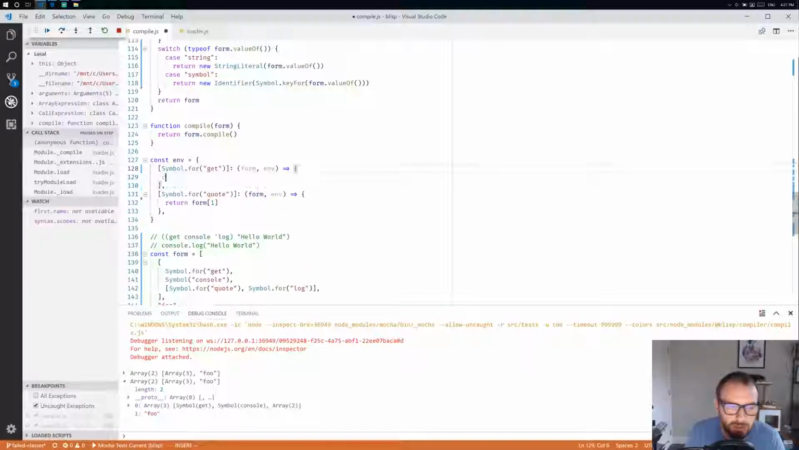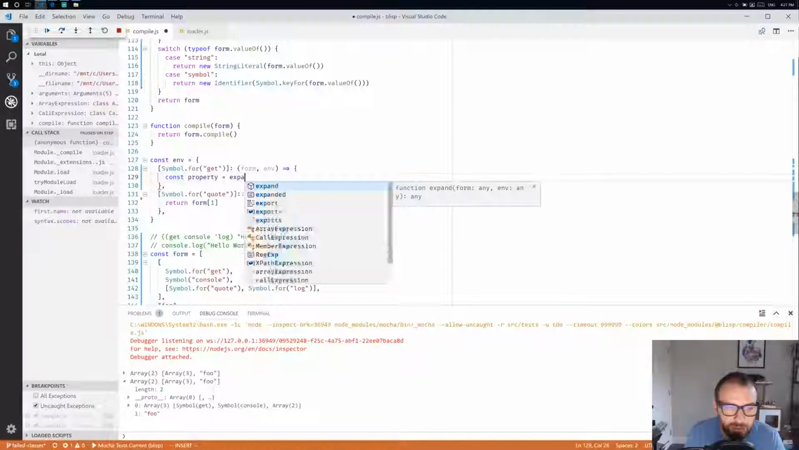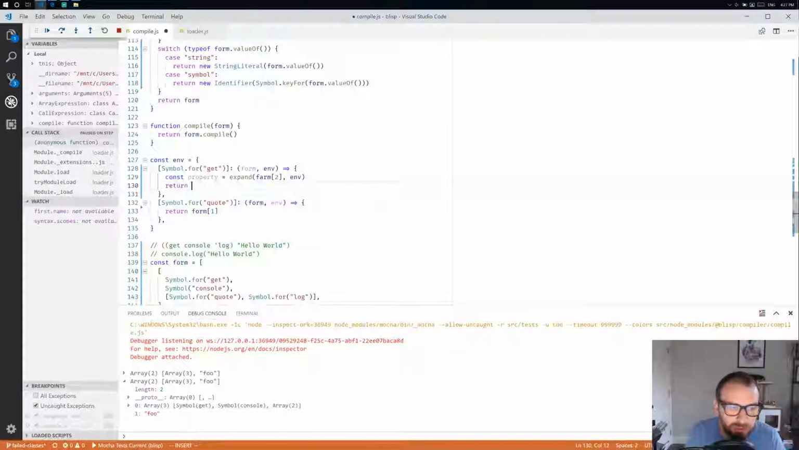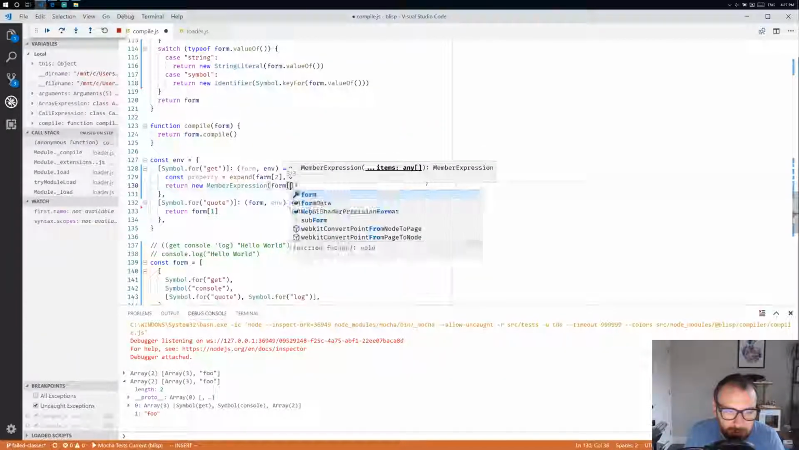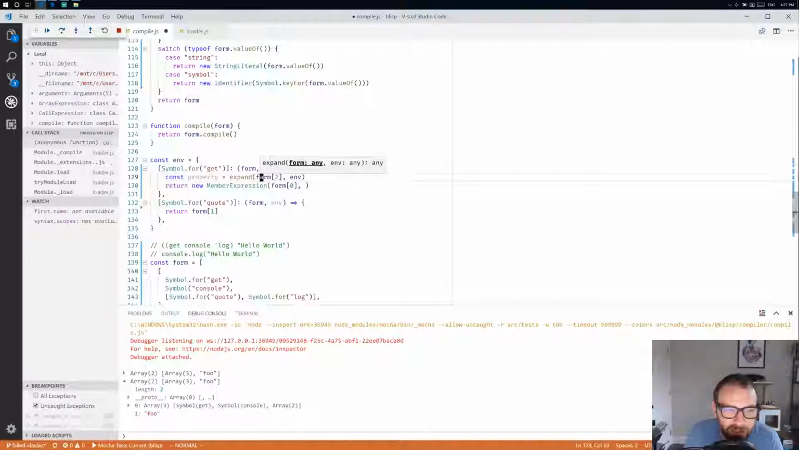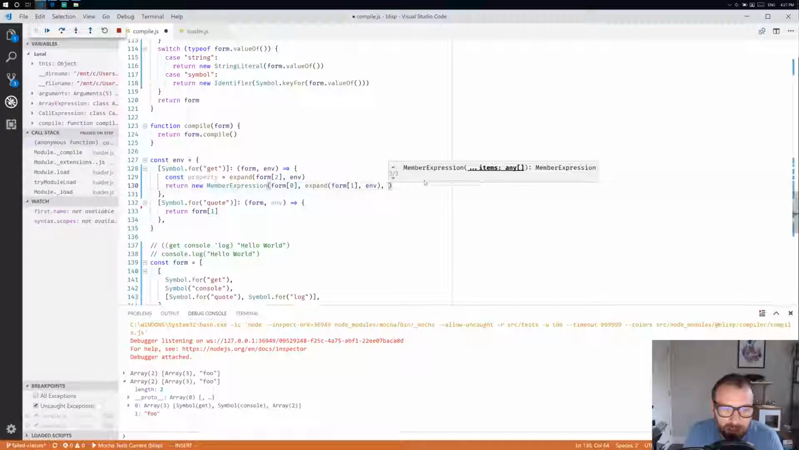Okay, so property, we will expand form 2 in our env, and then we will return a new member expression. We'll just return form 0 as is for now. I'm not sure if we want to compile this or not. We'll see. Okay, so that says farm, not form. That's going to be a problem. Okay, so we will expand form 1 in our env. And then